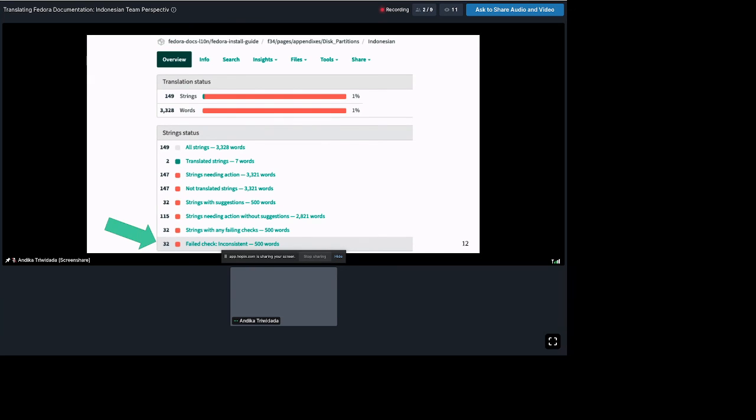By that, with one language, we can support most Indonesian people.